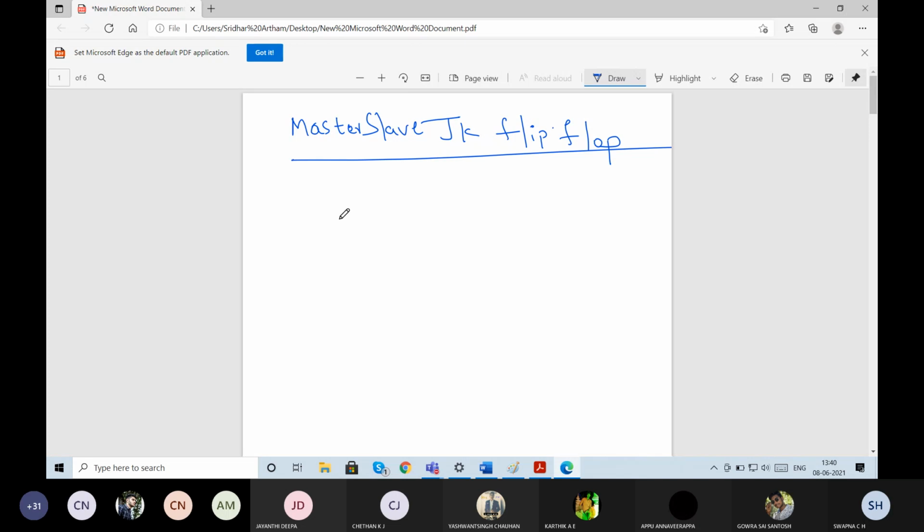As I was mentioning, you'll have two AND gates. This I'll name as the first AND gate and this as the second AND gate. These are the outputs. These AND gates contain two inputs. One is J, and one more will come from another part. We'll see from where it is coming. This is my S, this is my R, Q1. See here, there will be two SR flip-flops. One will act as a master and the other one will act as a slave.